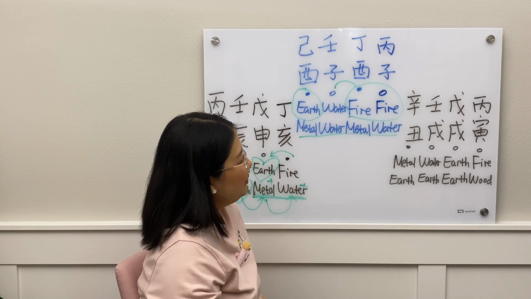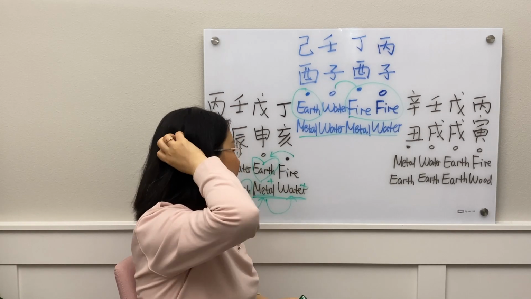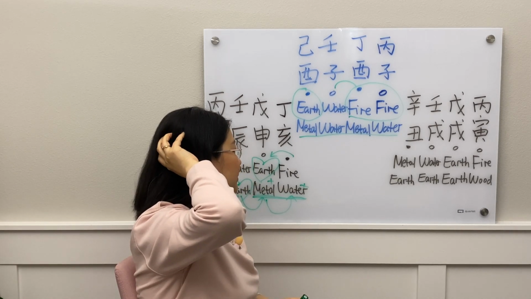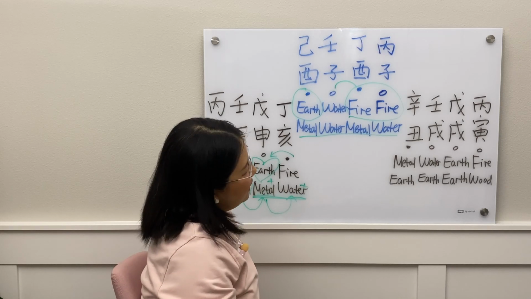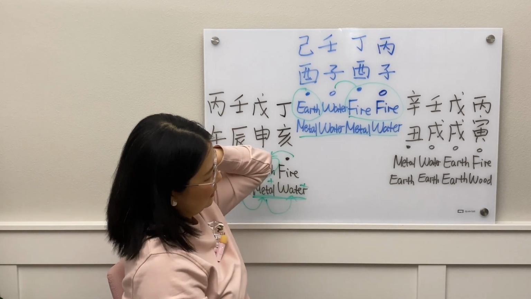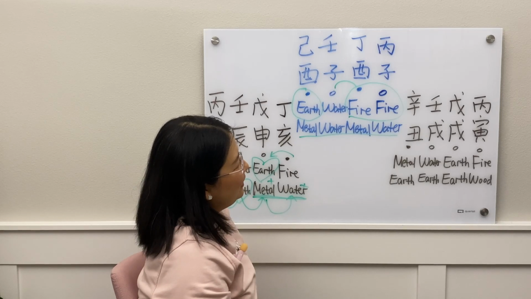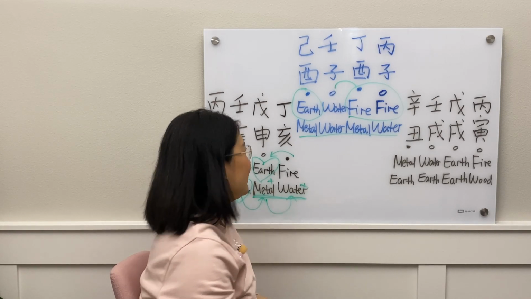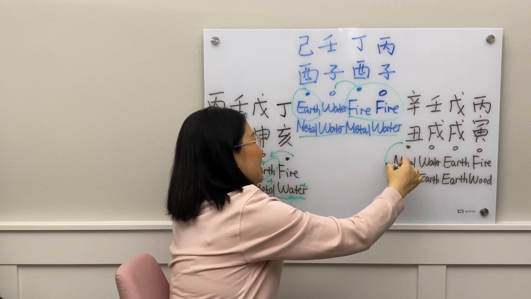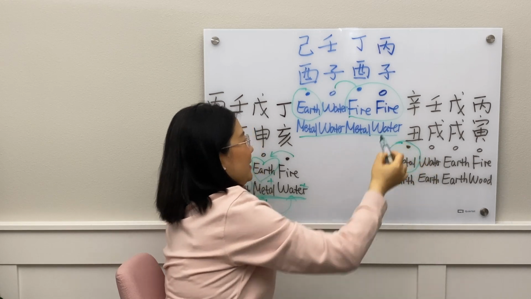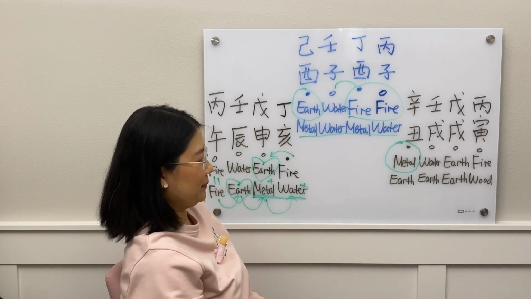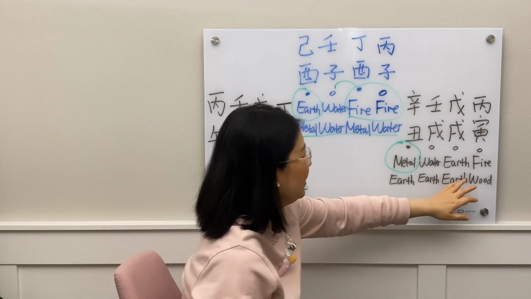The monthly pillar is a yang earth and earth. The daily pillar is a yang water and earth, and the hourly pillar is a yin metal and earth. So this one is a fascinating one because other than this little friend sitting here, it's a very strong